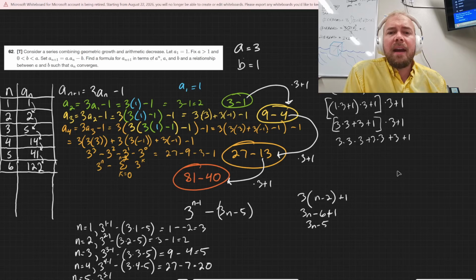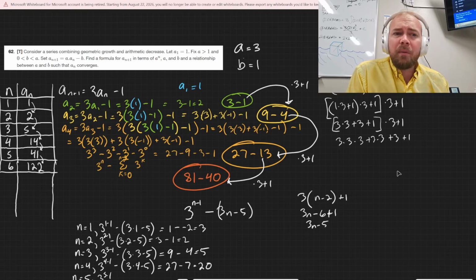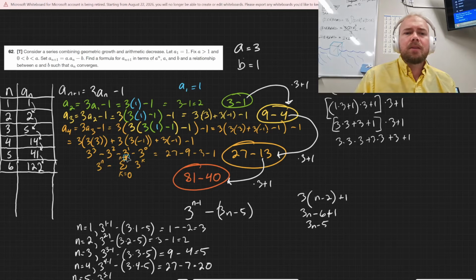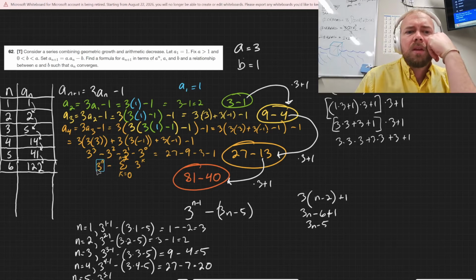If we look at what's happening as we go, we are continuously timesing everything from the previous set by 3, which means that ultimately we want 3 to the power of n. So that's going to be this part. So ultimately we want 3 to the power of n